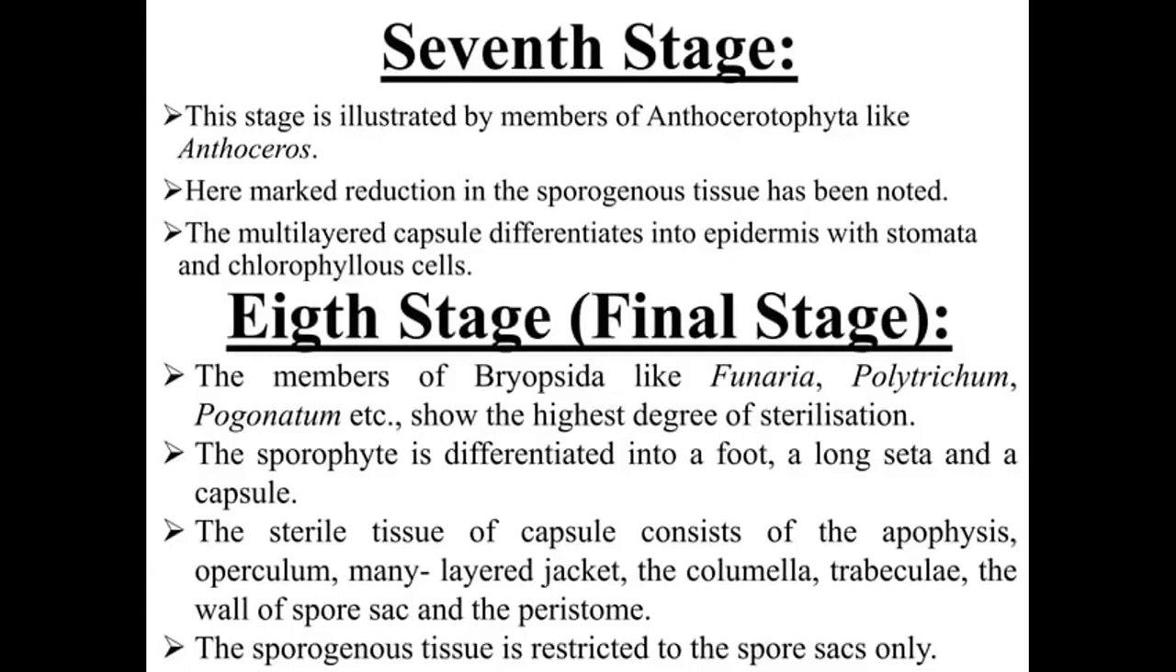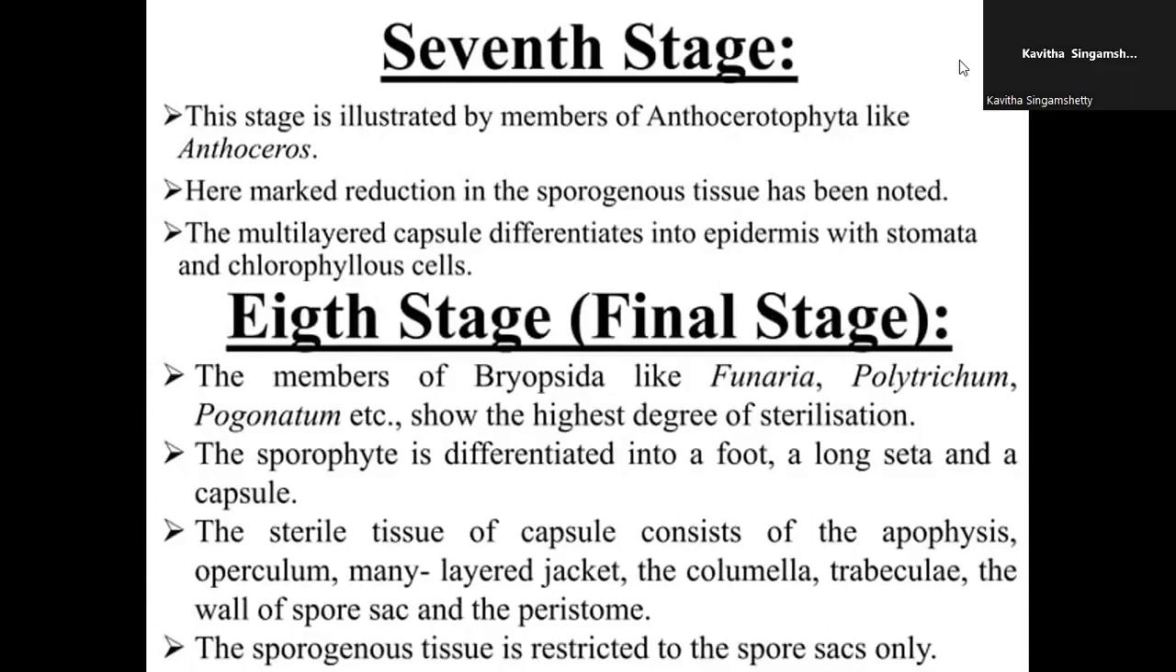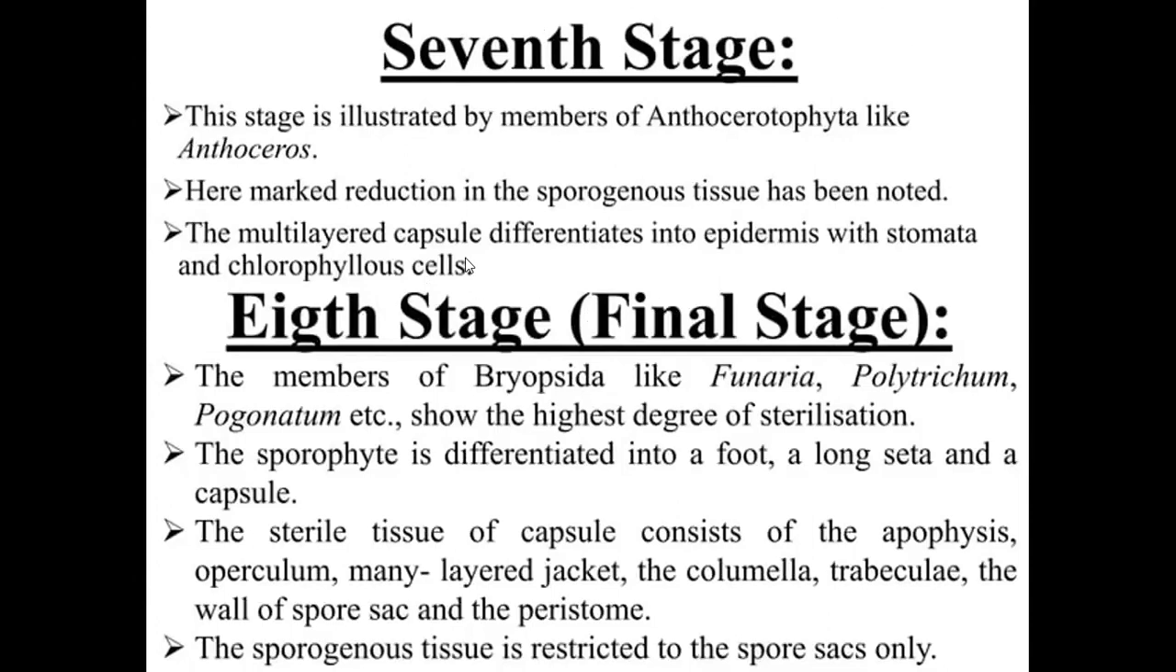So we have seen in Anthoceros that the sporophyte is in the form of a long column-like structure having a central columella. In Anthoceros, the sporophyte, we call it a hornwort due to the formation of a highly developed sporophyte, a few centimeters long, emerging out of the gametophytic tissue. So we can see the reduction in the sporogenous tissue with a multi-layered capsule and an epidermis with stomata and